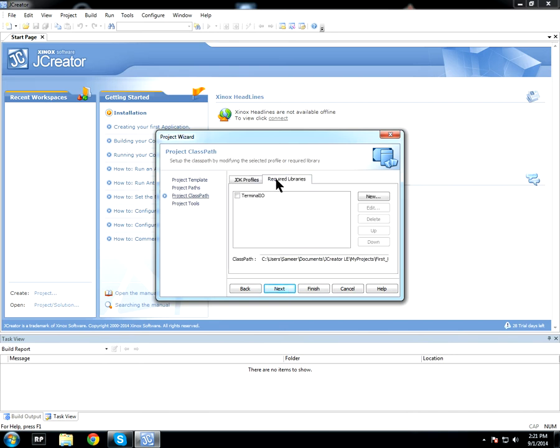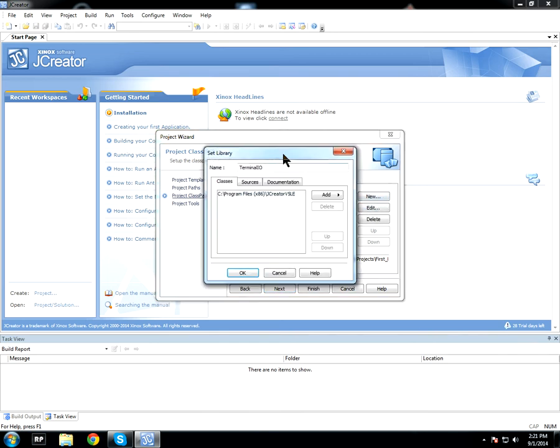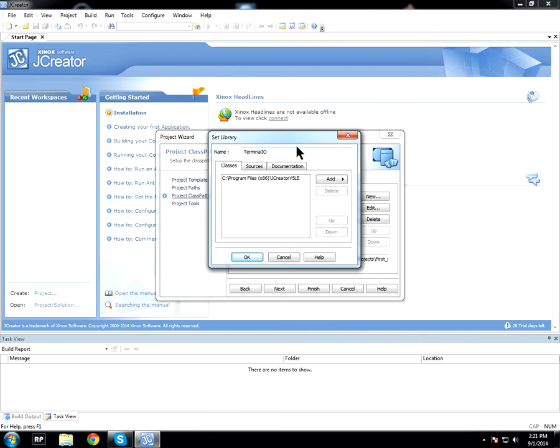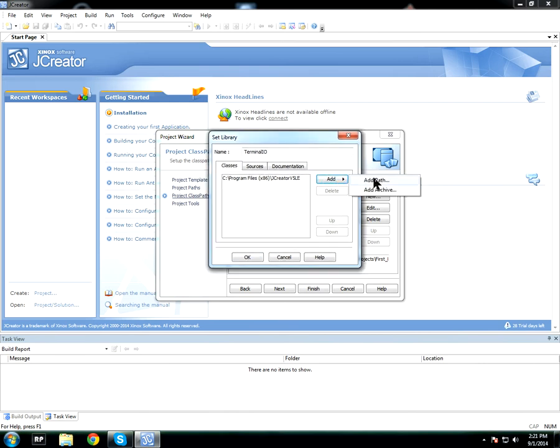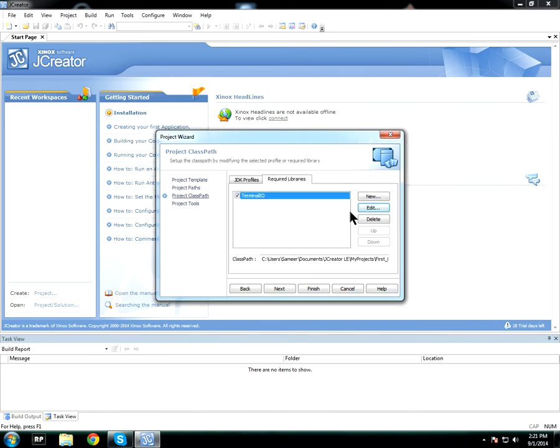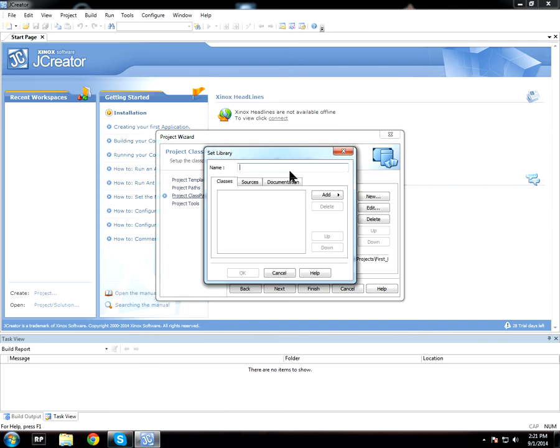Make sure this is checked right here, and then check this. Now this is terminal IO. This is what we're going to need to access a lot of different classes, or say we want to have the user input information. There's something called keyboard reader, which is included in terminal IO. To get this, we did that in the last video. You're just going to have to set up a path so JCreator can access the files in it. So go to new, since you don't have it. I do, so you're just going to click on new, type in terminal IO,